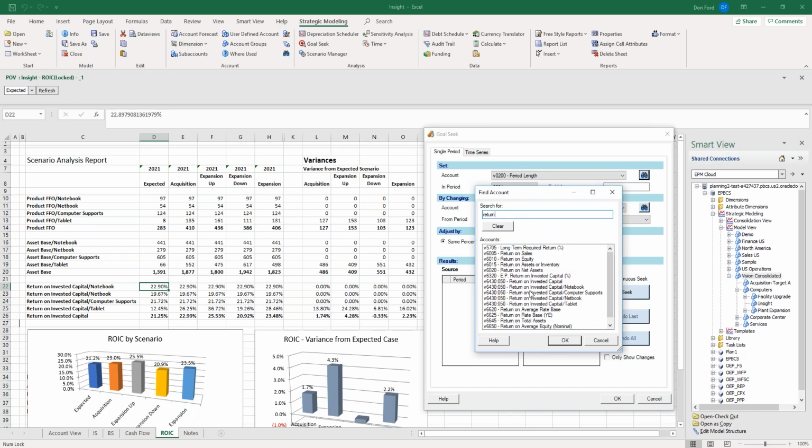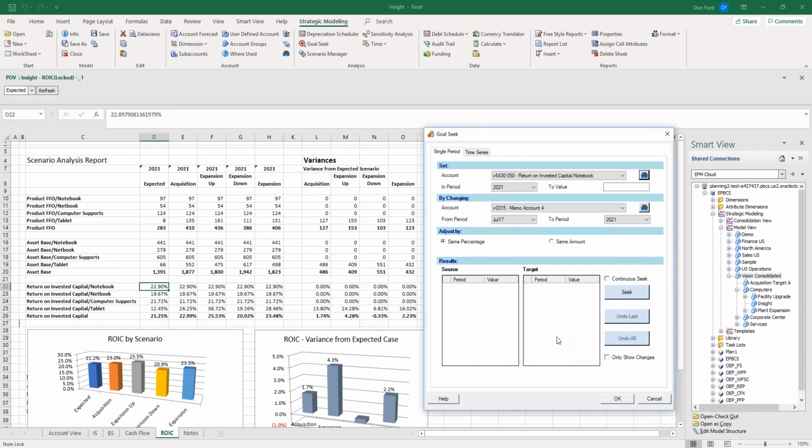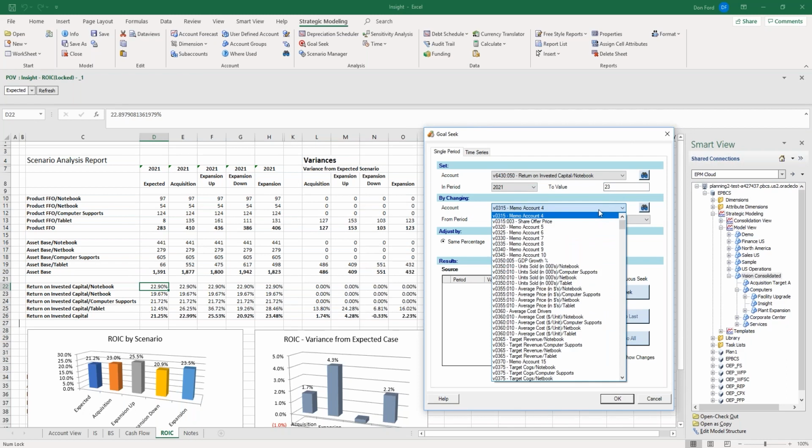There we go. Return on invested capital for my notebooks. Exactly. And in 2021, as you can see here, we're already scheduled to do 22.9. So I just want to round that off to 23. And I'm going to change it by changing any of the available drivers that would affect my return on invested